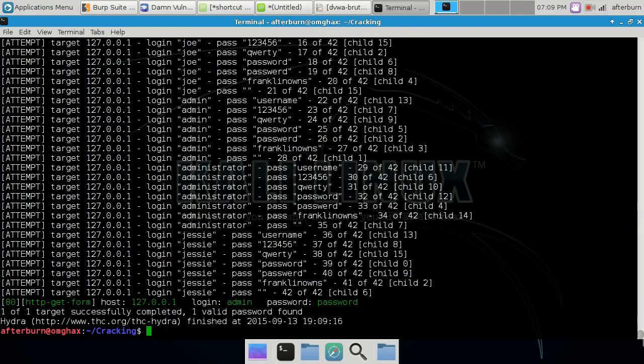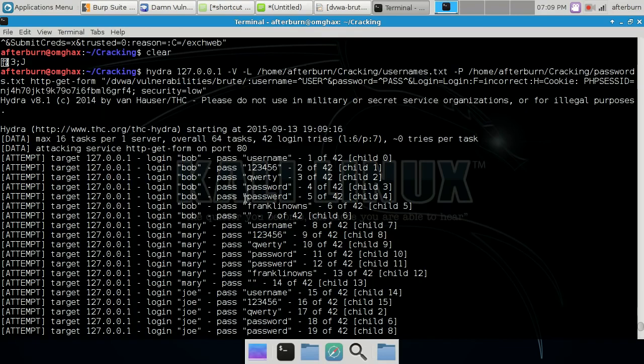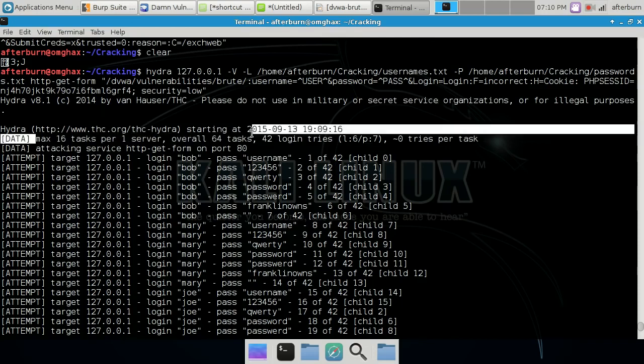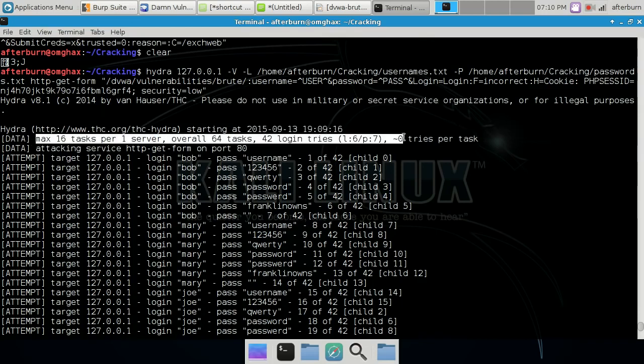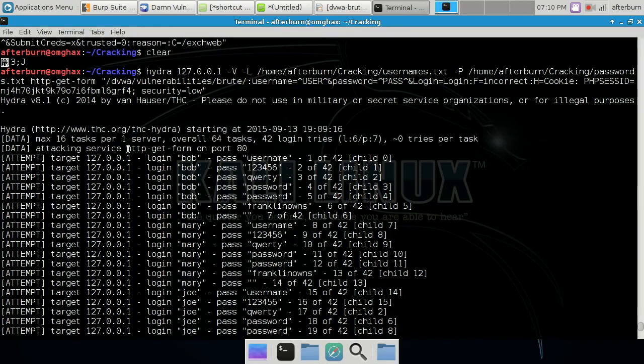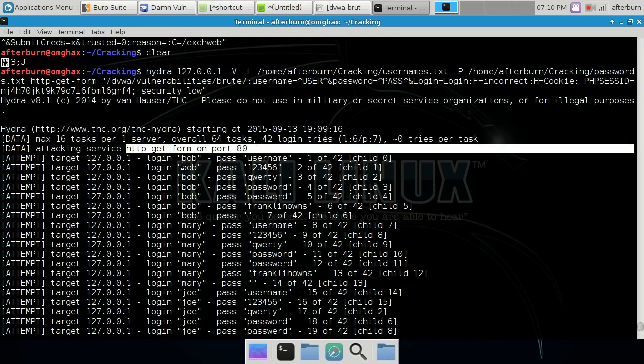So look forward to that. So anyway, it goes past, and you can see it says max 16 tasks per one server. Overall 64 tasks, 42 login tries, and so on and so forth. It's attacking the service with the HTTP GET form module on port 80, and it goes to target localhost down